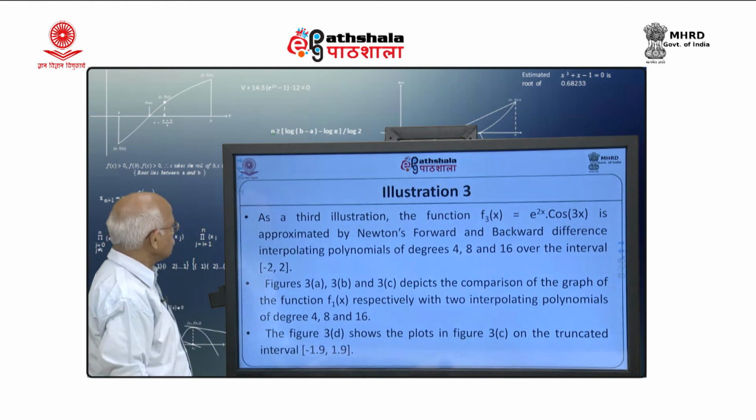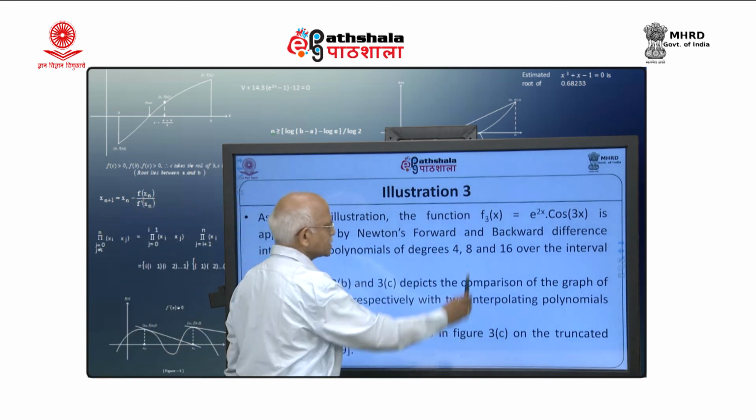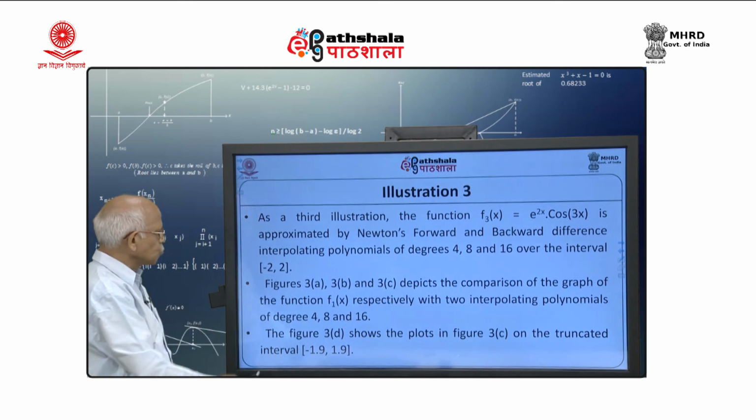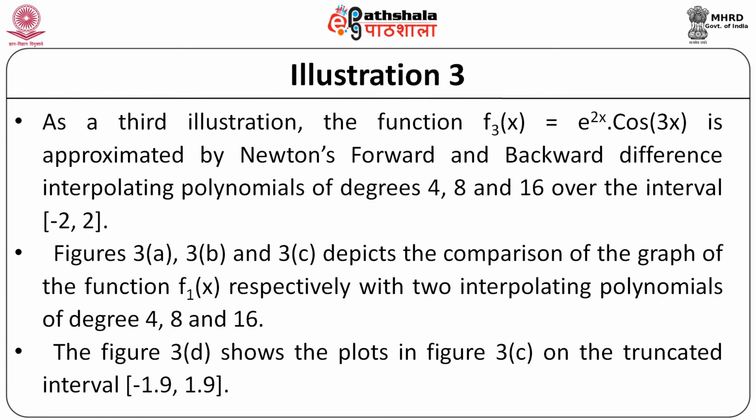Newton's forward and backward difference interpolating polynomial of degree, now here I am taking degree 4, 8 and 16 over the interval -2 to 2. I am taking a smaller interval because e raised to these values will rise very fast. Again I am doing the same thing, 3a, 3b, 3c depict the comparison of the graph of the function f3(x), not f1(x),